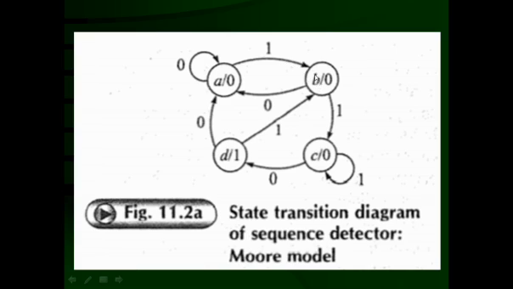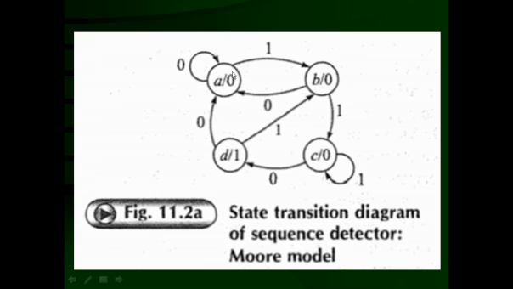So here B is mentioned, and with the arrow, x is equal to 1 is mentioned. So when it receives x is equal to 1, it will make a transition from state A to the state B, and at that time output y is equal to 0. Now in state B,